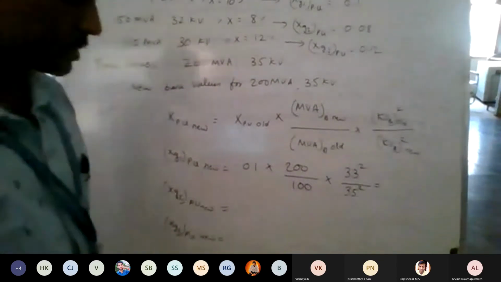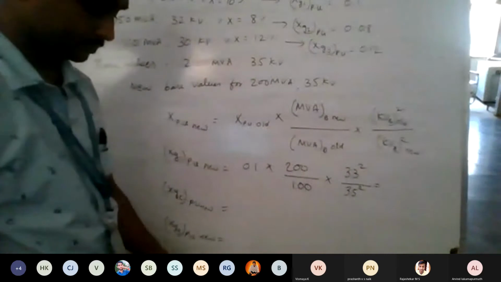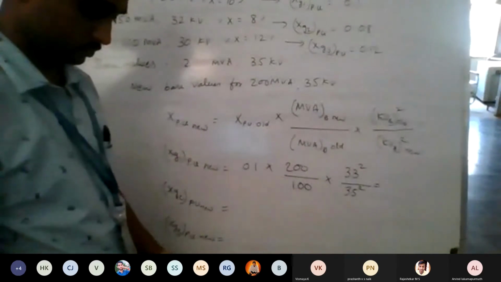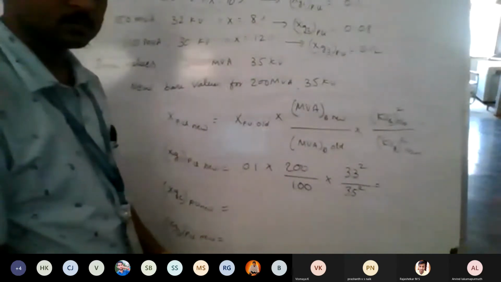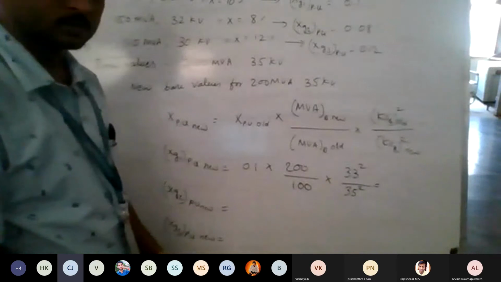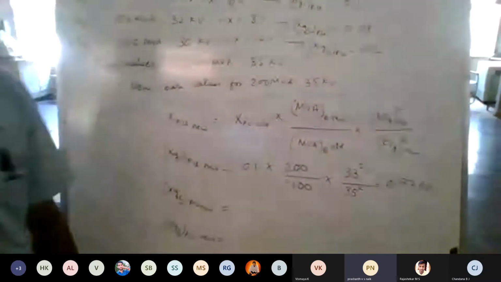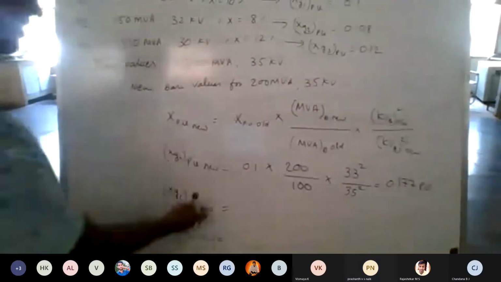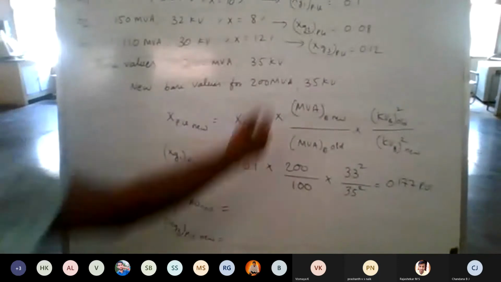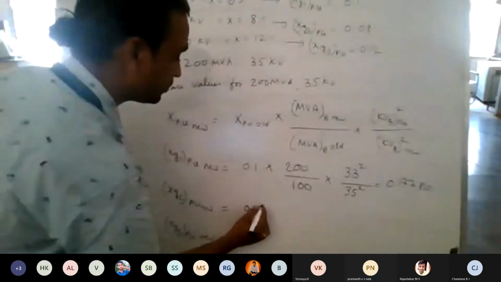Xg1 per unit is 0.177 per unit. Similarly, for the second one, 0.08 into